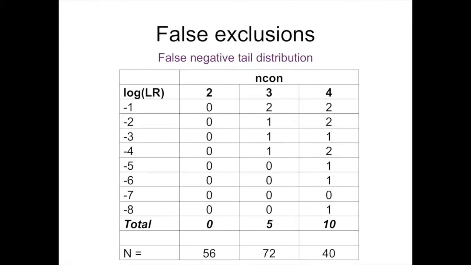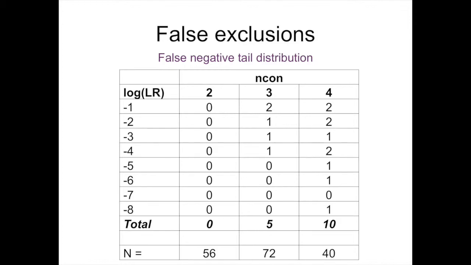We then looked at the false exclusions by examining the false negative tail distribution. And so what we're seeing here are just the counts for each log-LR bin, where the log-LR of -1 represents any false exclusion observed between a log-LR of 0 and a log-LR of -1. And we can see for 2 contributors, TrueAllele found all 56 genotype matches. For 3 contributors, it found over 90% of the genotype matches. And for 4 contributors, it found about 75% of the genotype matches. So we see that TrueAllele has high sensitivity with few false exclusions, more false exclusions seen when you have increased